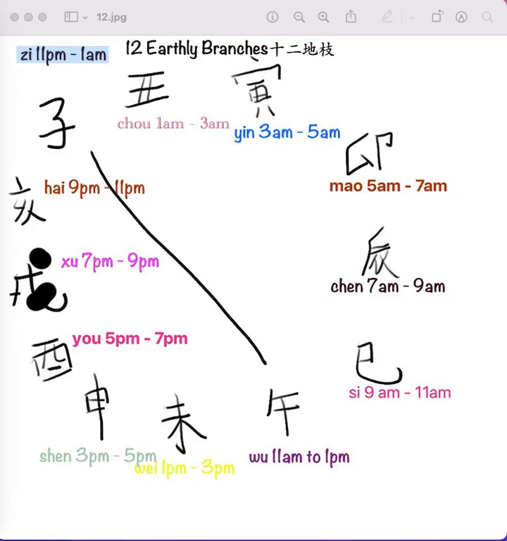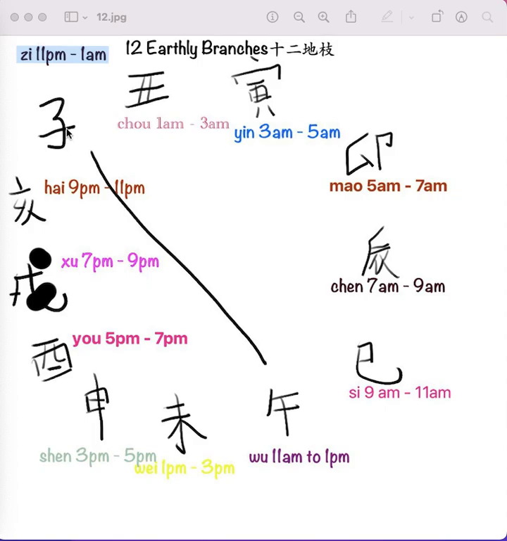I'll give you a quick example. It has to do with the hours too. So if you look at this, it's 子时, right? And this is actually the most yin period of the night. It means a child or a seed. It has to do with the energy shooting forward and making things grow, right? So that's 11 p.m. to 1 a.m. And the animal is the rat, the season is winter, and the direction is north. And you notice here how I have this polarity, right?